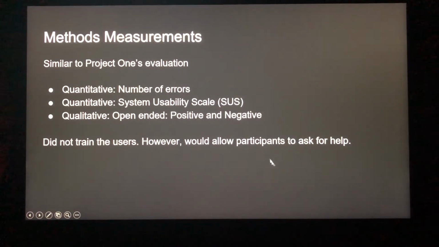So similar to Project 1's evaluation, for the quantitative, we recorded the number of errors. If they had any misclicks or anything like that, we counted that as an error. We also asked the system usability score and then open-ended positive and negative questions. We didn't train the user. We didn't walk them through the tasks or anything. We did allow them to ask questions about the remote control if they had any questions about